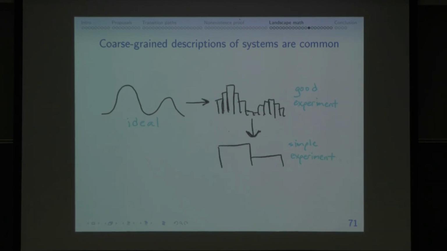I don't think about the probability that I get this state. I think of the probability that I get this range of states or this group of states. And even, a simple experiment closer to what people actually do, because this is very hard, you could just count: I got this many cells over here and this many cells over there. And these should all be valid descriptions of your system. And the definition should somehow reflect that.